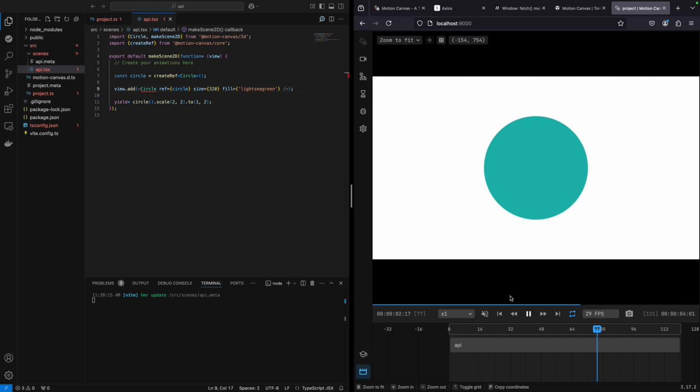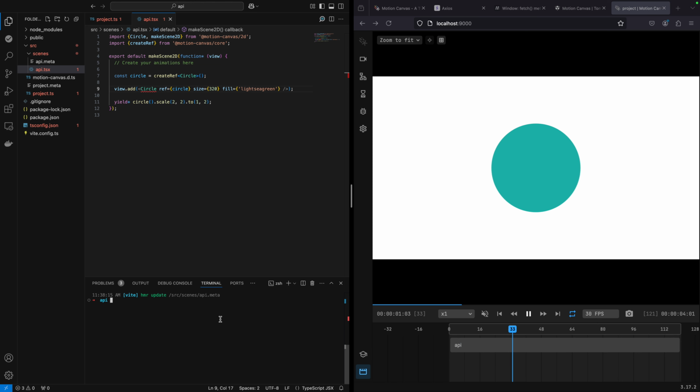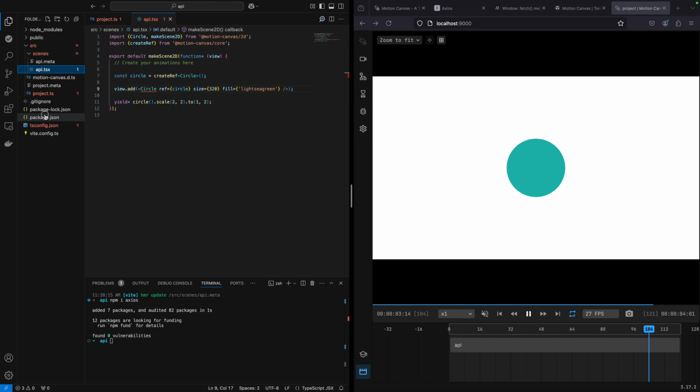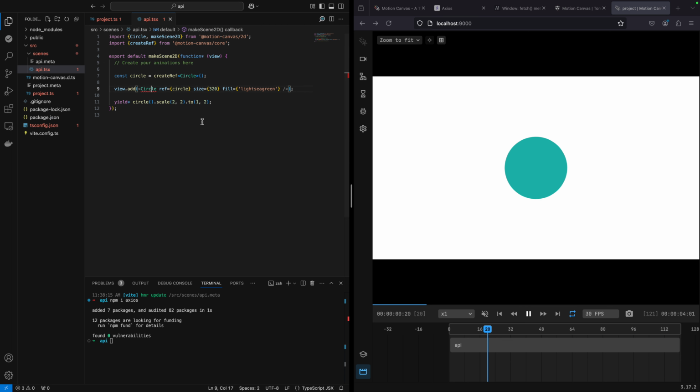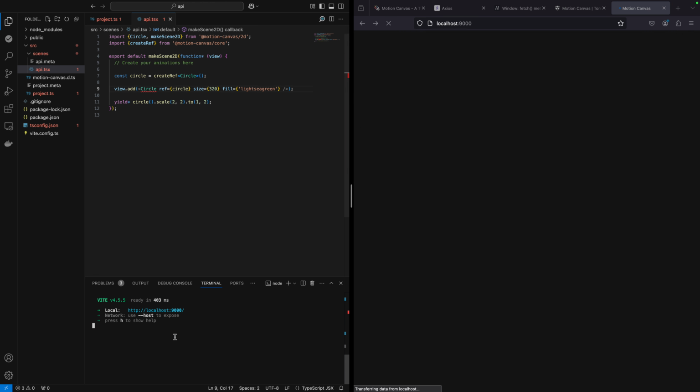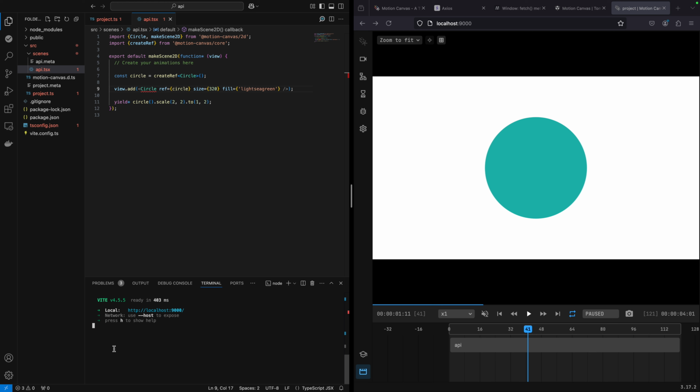And so to install Axios, I'm going to do Control-C to break out of this, and I'm going to go npm i axios. And if you go to package.json, you should see Axios right there. And then we can do npm start again to start it back up. And from there, we will